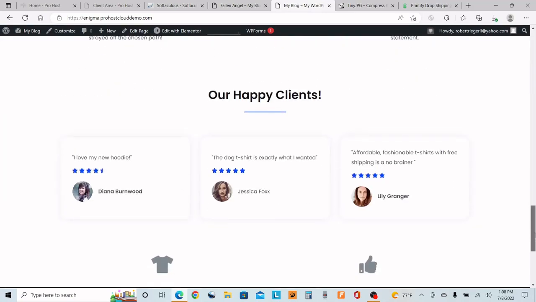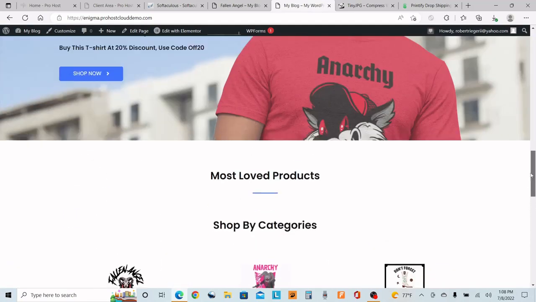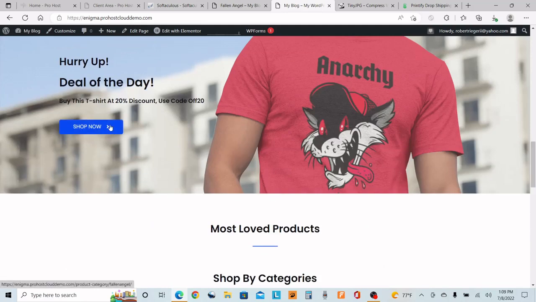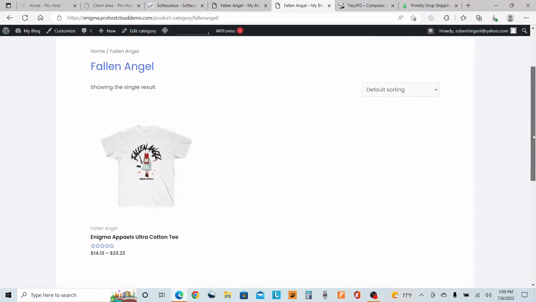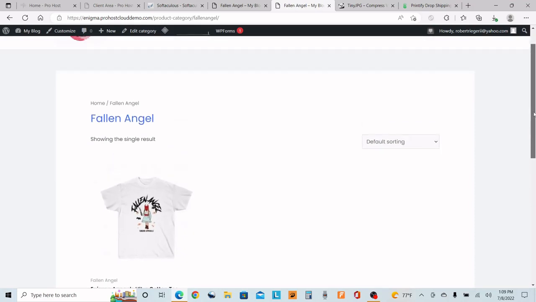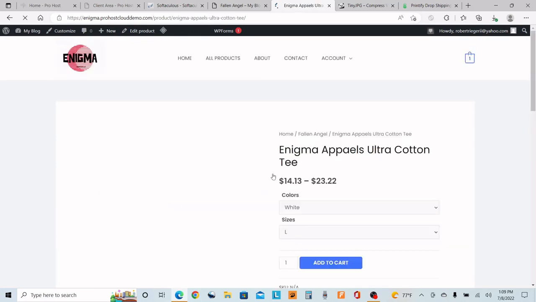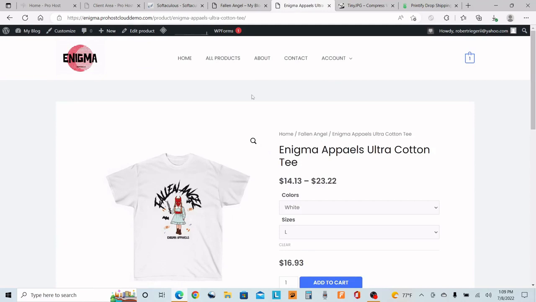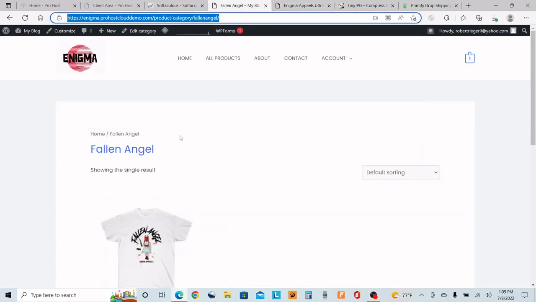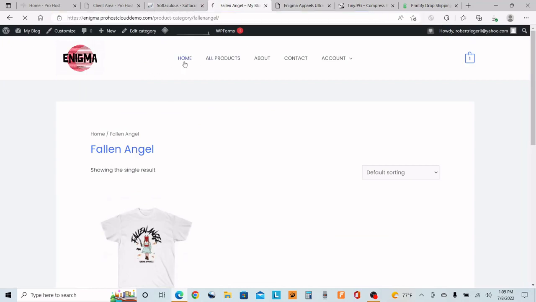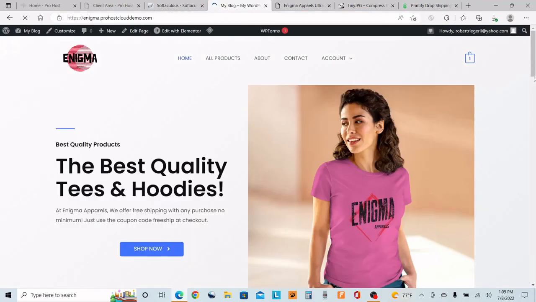I'm not going to make very much money off it, but they can shop now and get 20% off. Use the code 20 off this particular product. Or actually, this is the Falling Angels category. You could take it one step further and just make it this shirt. So we're on the actual product page. Control copy that and then go back to your home,